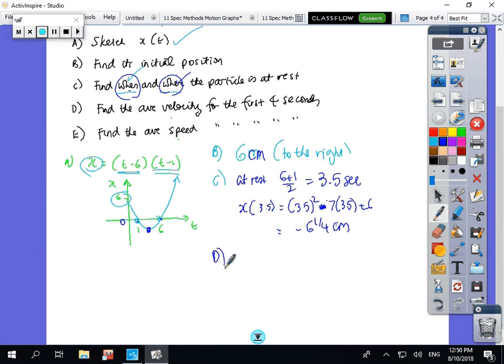Okay, part d. The average velocity equals the change in position over the change in time. So the change in time is going to be 8 seconds. It's only 4 seconds, sorry, beg your pardon. So in 4 seconds the particle has moved from 6 down to